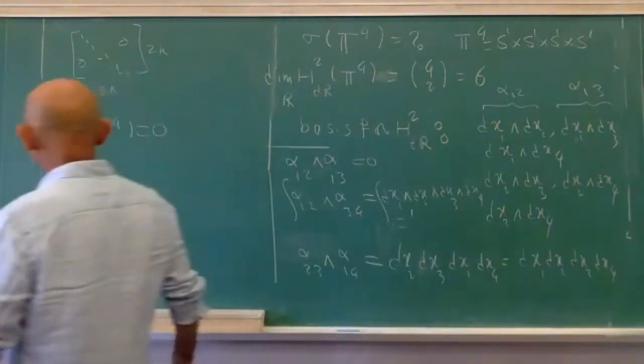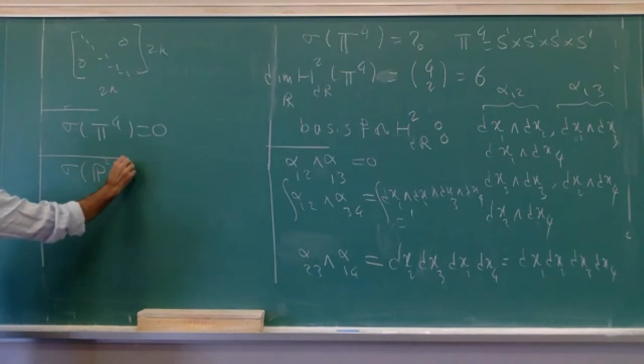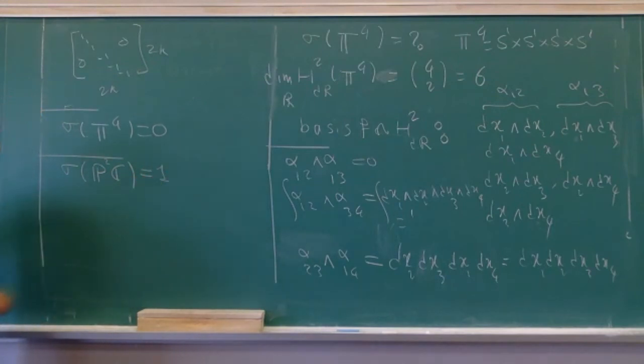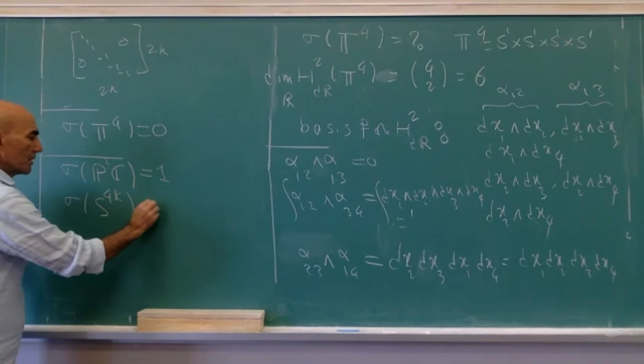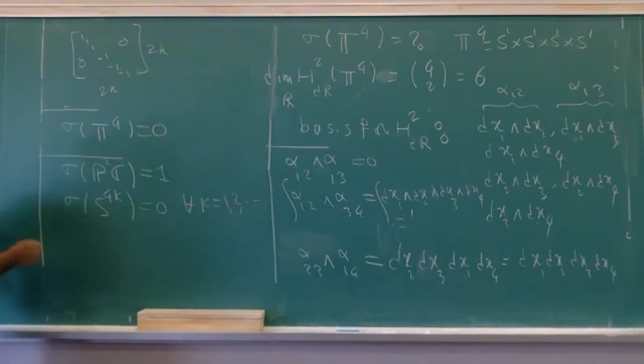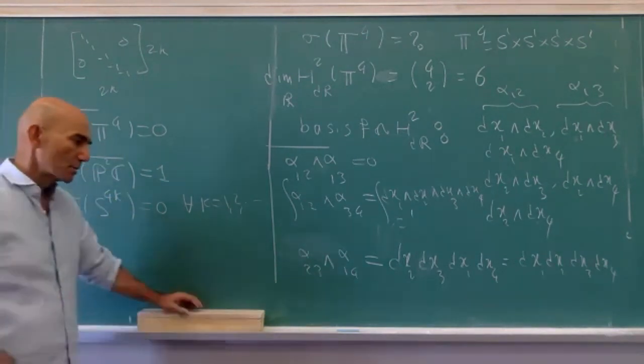Anyhow, another example, which is kind of fun to look at, is the signature of P2C, the complex projective plane. I believe this is equal to 1. Of course, the signature of S4K, again, is 0 for all K equal to 1 and so on, because the middle cohomology is 0, so that's not interesting. But there are many cases where this is non-zero. So this is an interesting